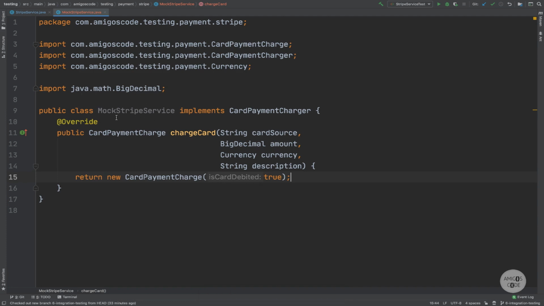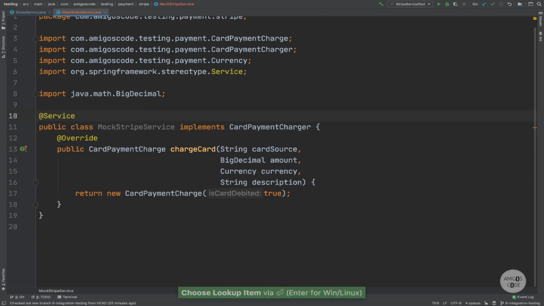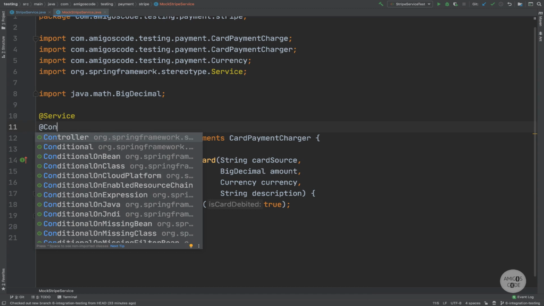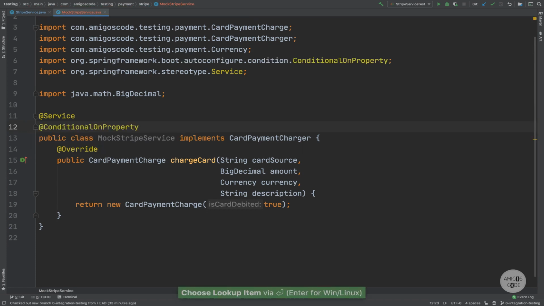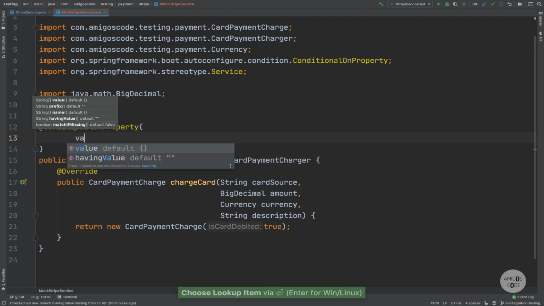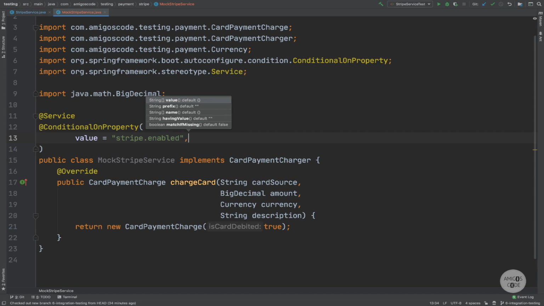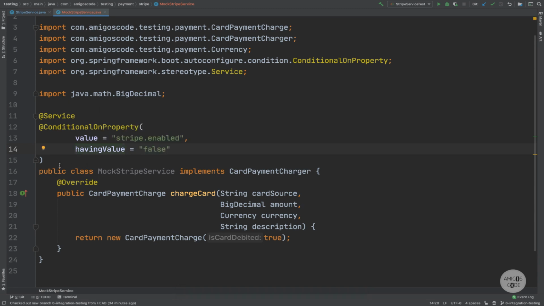Now, what is special about this class is that we will do the following. We're going to say @Service, but we're also going to say @Conditional, so this is a new annotation that you are learning. So @ConditionalOnProperty, and inside we will pass the following. Let's simply say value, and then here I'm going to say stripe.enabled, right? And then I'm going to say havingValue false. So basically with integration testing, we will disable Stripe so that